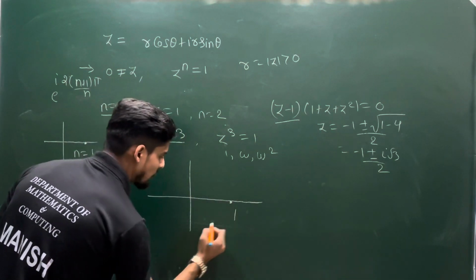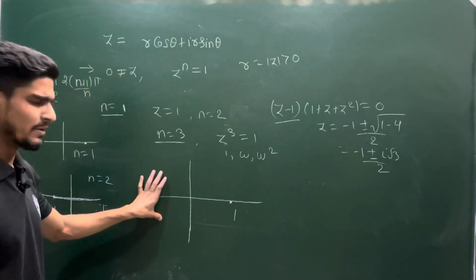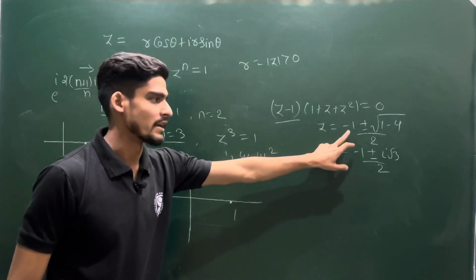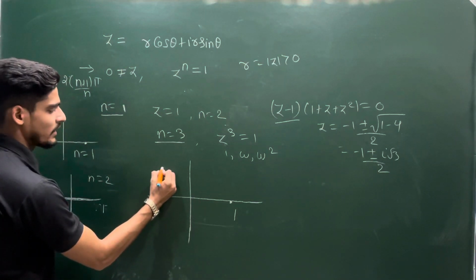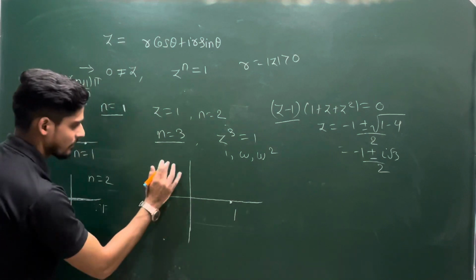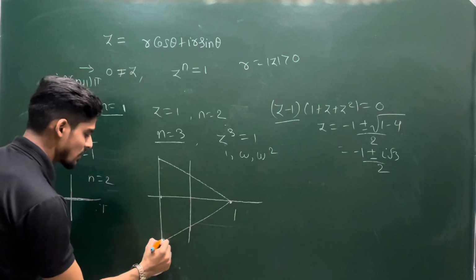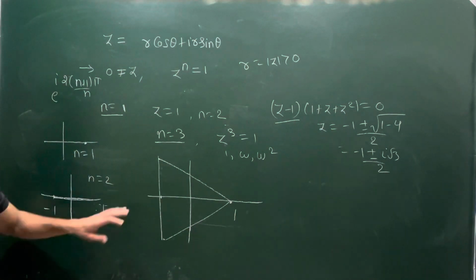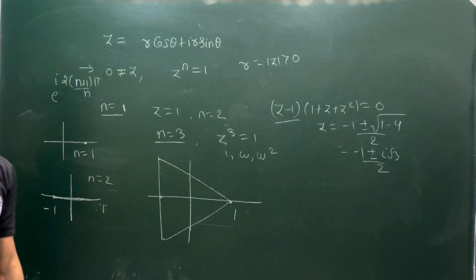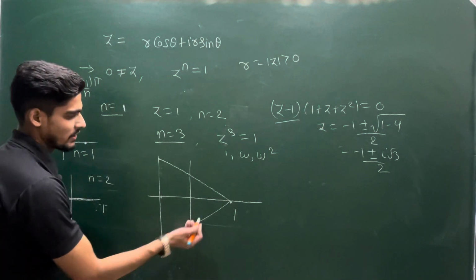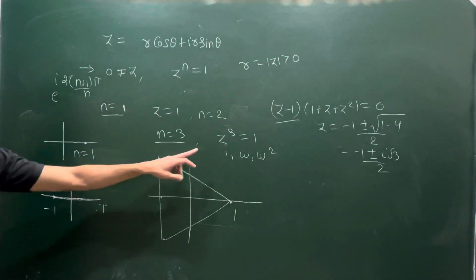See, this is 1 point, and the other is -1 plus iota root 3 by 2. Both will be on the left because the real parts are negative. So say this is 1 and this is -1. One root will be here and another will be somewhere here. Now you find this distance, this distance, and this distance. All the distances will be the same. So this is an equilateral triangle, a regular polygon for n is equal to 3. And you can compute this distance. So this is for 3.